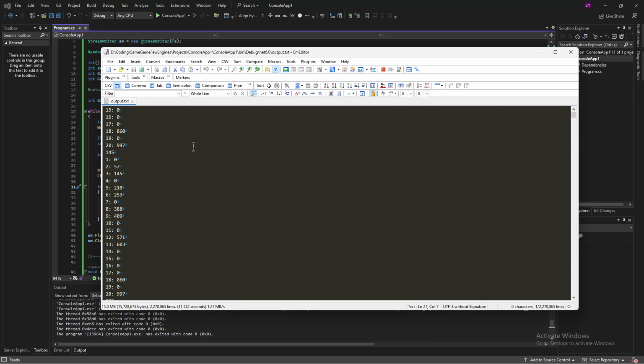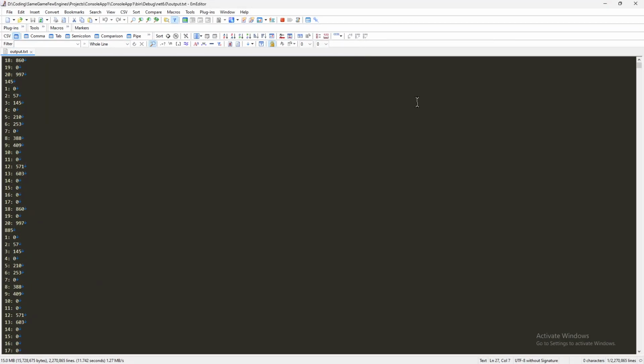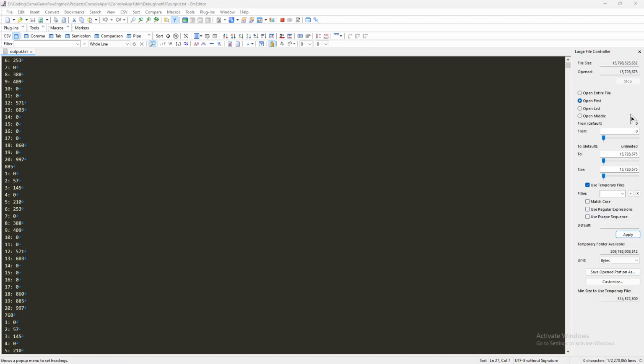The game is played 10 million times, so there are a lot of rounds that are recorded. So if we check the end of the file, like this,